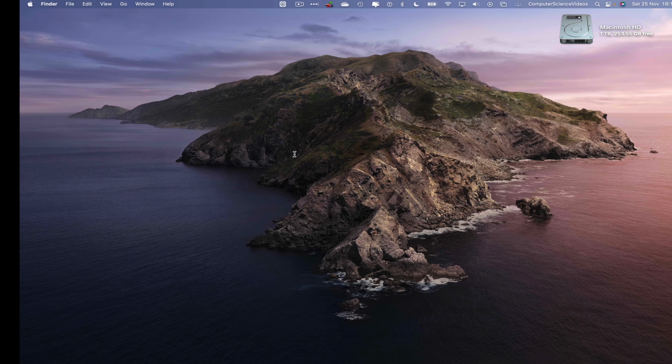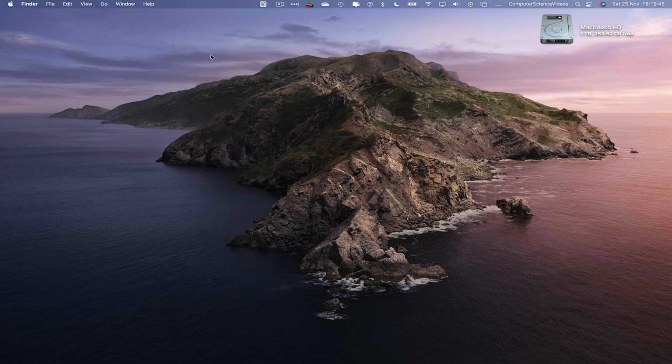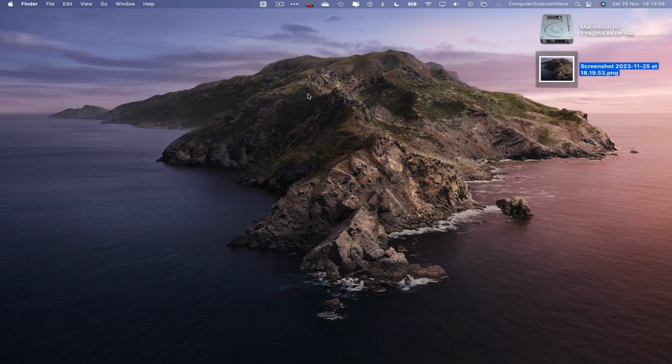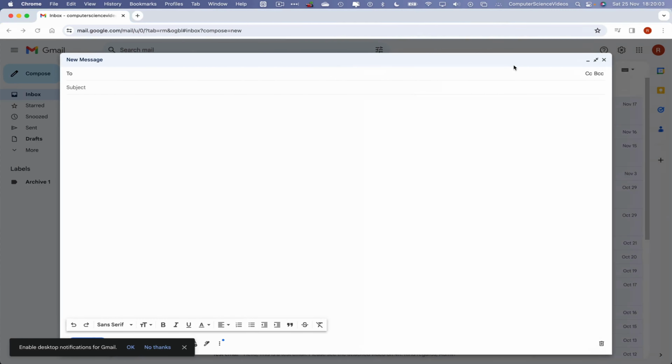Before we do anything, let's now take a screen capture of a segment on the MacBook Pro, Command Shift and 4. We have now created a screen capture. Let's now quick preview. This will be used as part of the email, so we can now navigate back to our composed email. We will be sending this to the admin account,